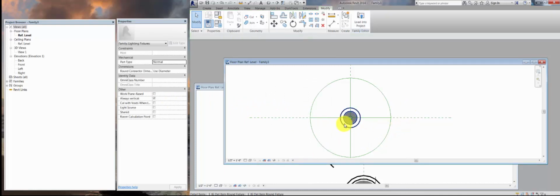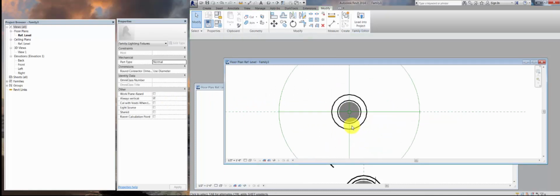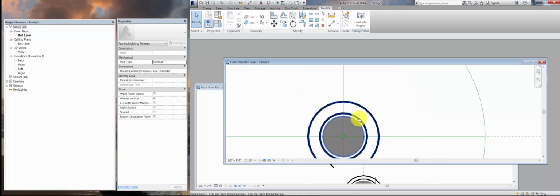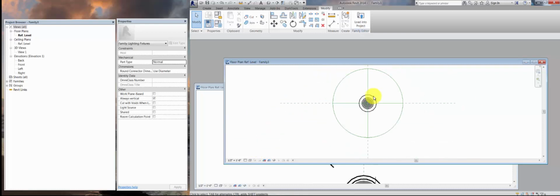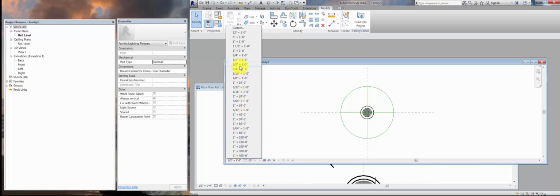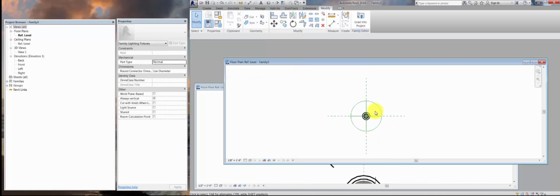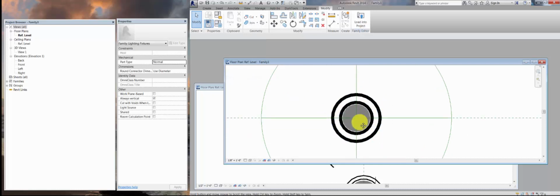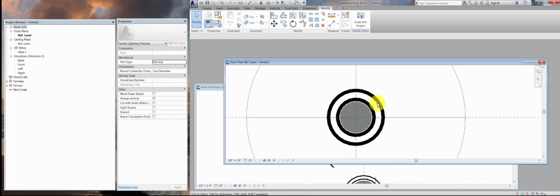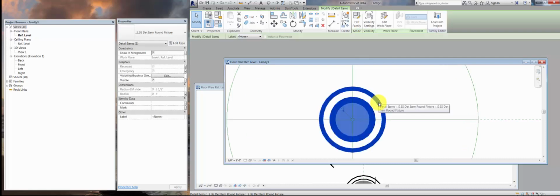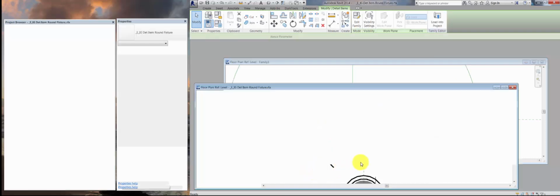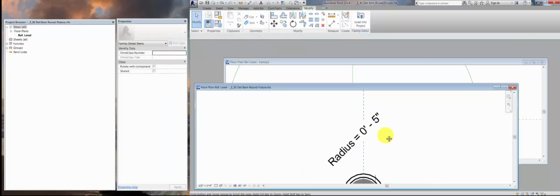Ta-da, we did it. So now that I see this in half scale, this is really big gap. I don't really like how big that gap is. Let's check 1/8 scale because that's what we do most of our projects in. So that's much better. That's much more realistic, but I'm still thinking that this might be a bit much. You can go back and edit that by